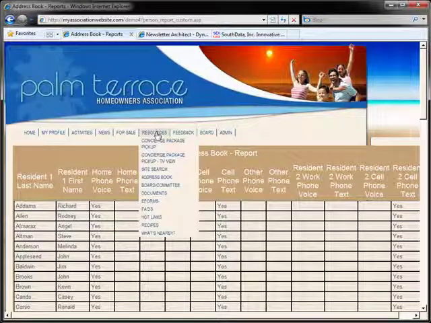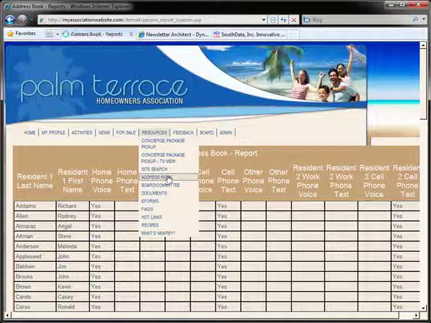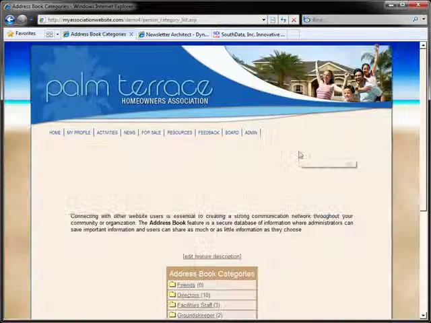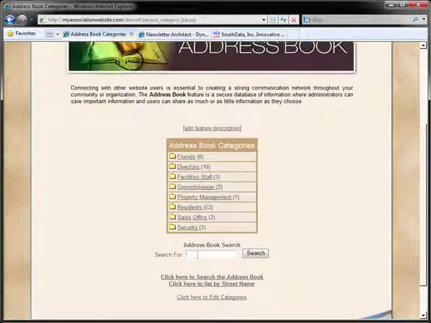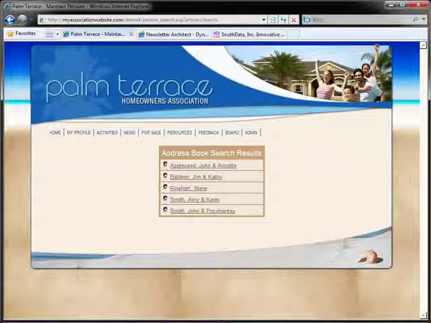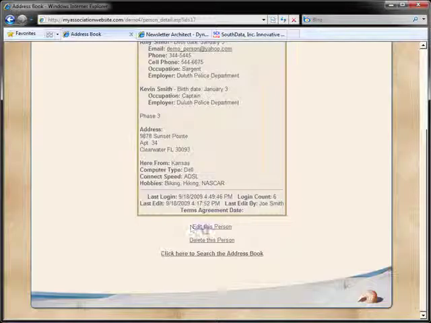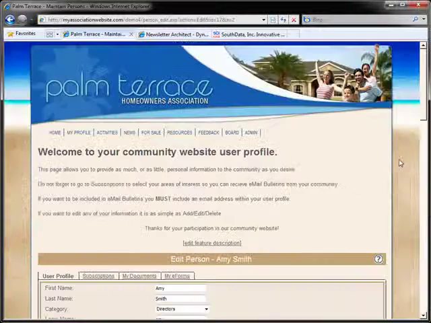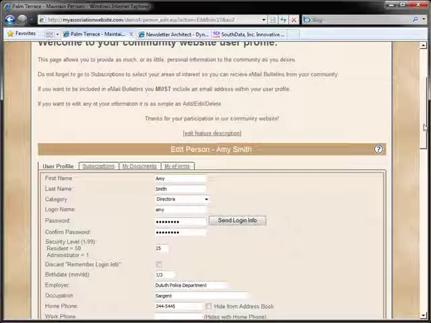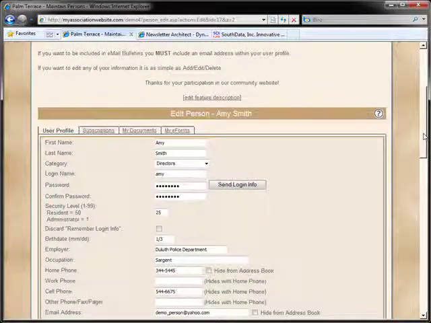Alright, let's go to resources and zip over here to the address book for the next enhancement this month, which is, let's just go ahead and search for a resident named Smith, and we'll pick Amy and Kevin Smith here. Alright, and if I were an administrator in here editing this person, and maybe this person needed to get their login and password information sent to them,